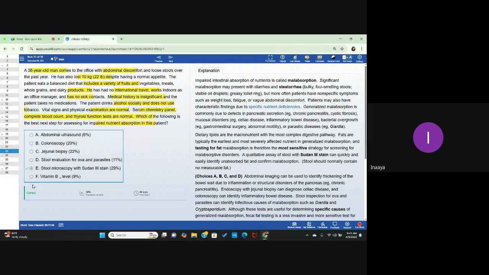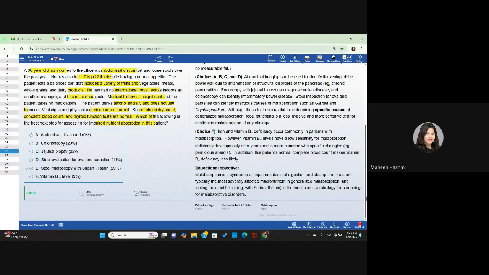Malabsorption. So what do you do? You do a Sudan III stain to see the fat. Yeah, you're right. This was a classic case of malabsorption. Again, you have bulky, foul-smelling stools in that. Malabsorption is a syndrome of impaired